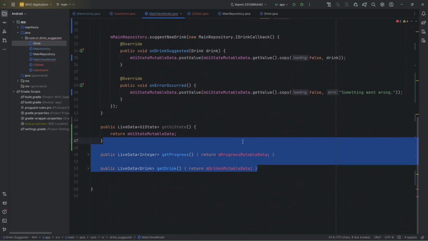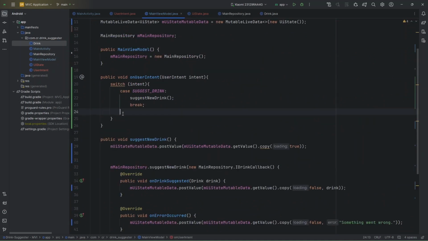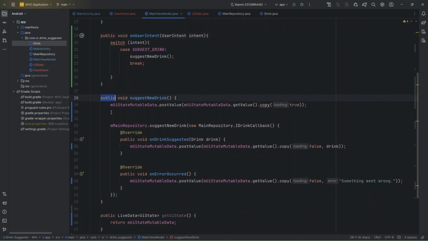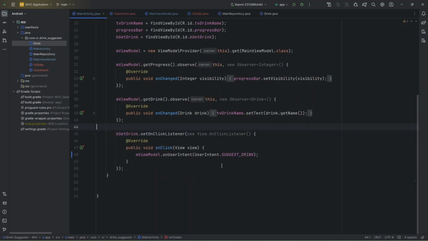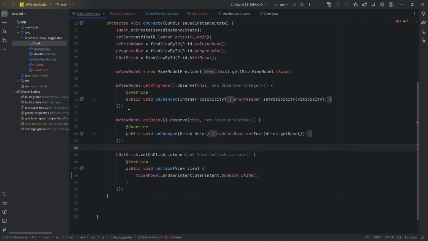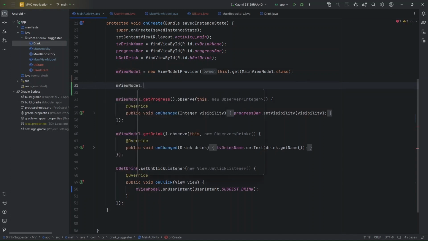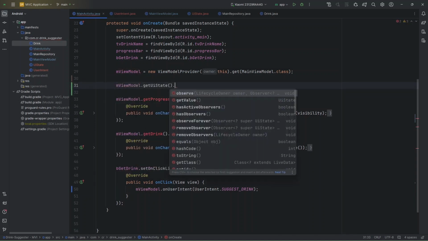And here is also another advantage of using MVI: we can make this method public and we can make these methods private. So this can't be accessed from the view, and this should be accessed. And going on to this one, now we have to create a new observable for that. getUIState observe